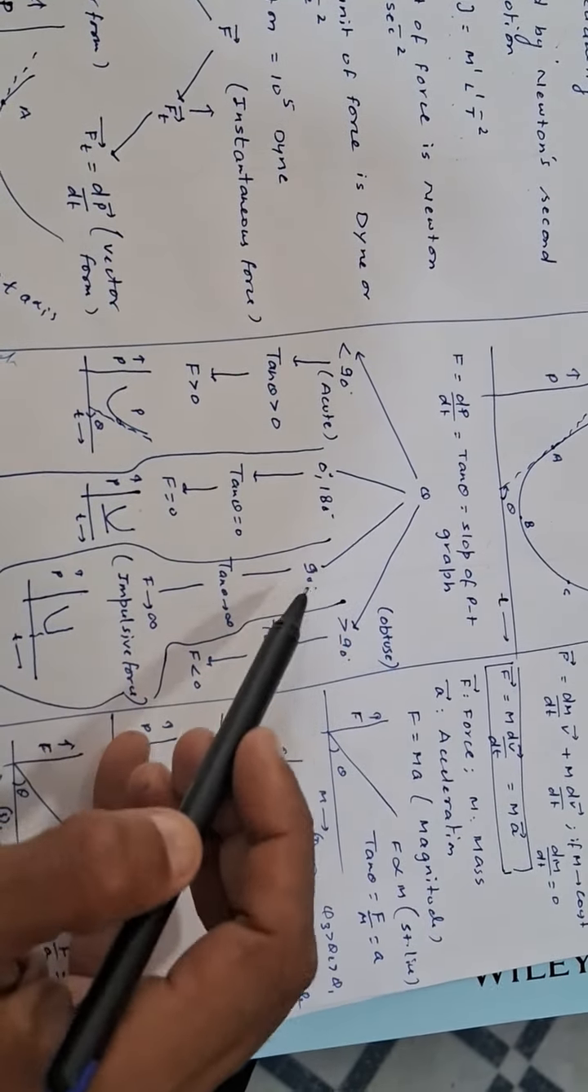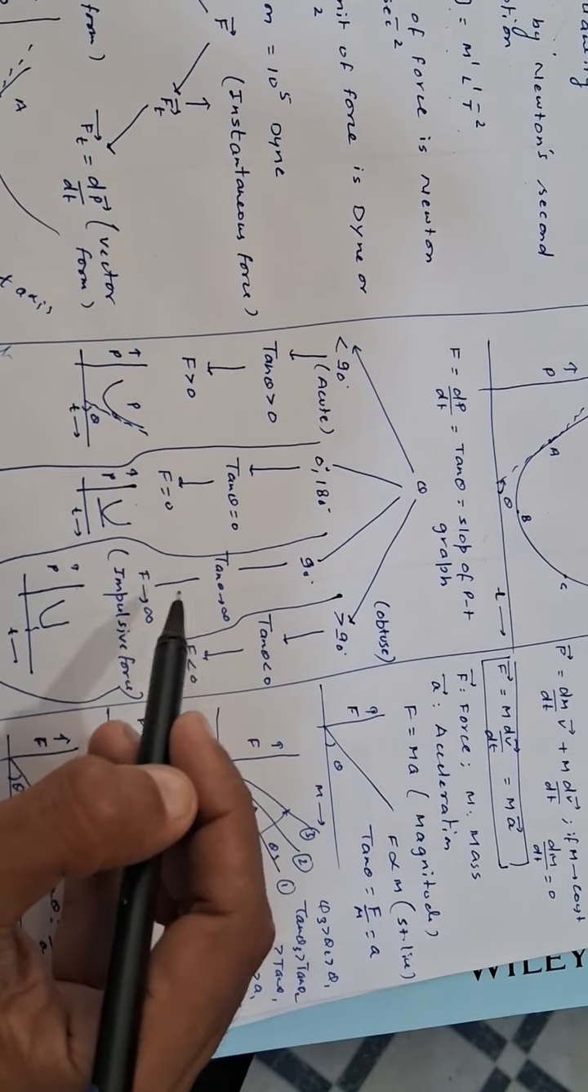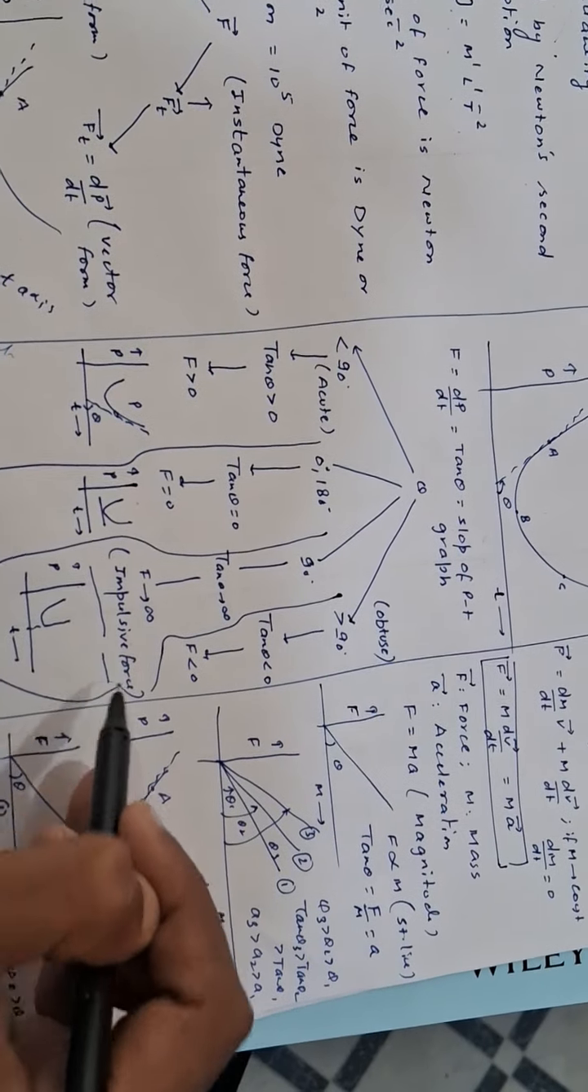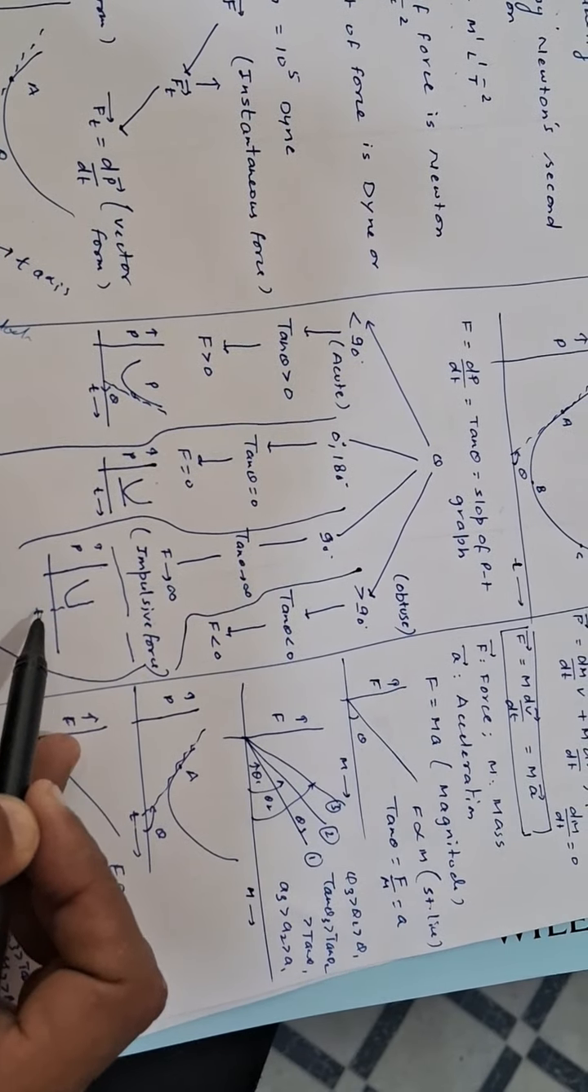Next is if theta is 90, so tan theta will tend to infinity. That means force will tend to infinity, which we often call as the impulsive forces. And in graph it will be like this. If the tangent is perpendicular to the